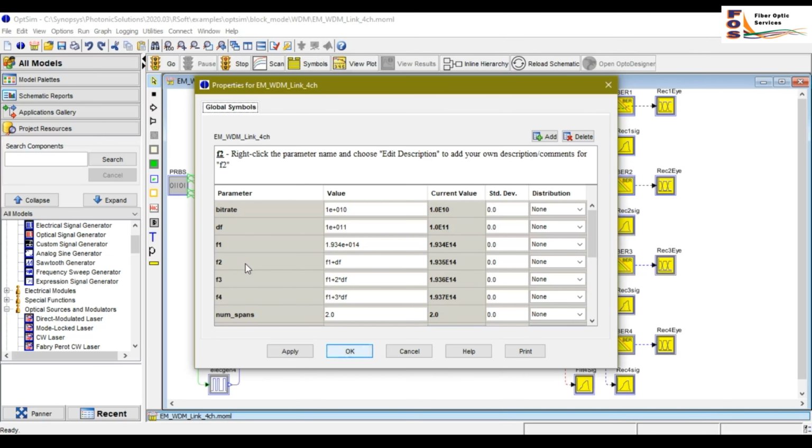The rest of the frequencies F2, F3 and F4 use a formula utilizing the user variables. So this will allow the parameter scans to perform BER versus bit rate as well as frequency spacing analysis.